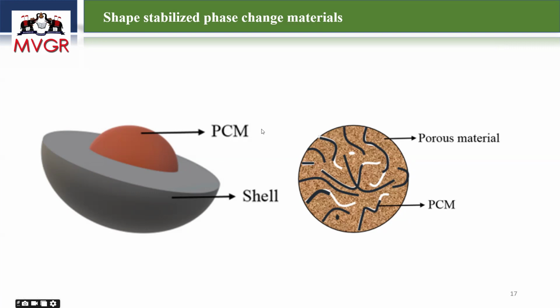So now coming to the shape stabilized phase change material. In this shape stabilized phase change material, we want to arrest the leakage problem, and meanwhile we want to improve the thermal conductivity. So we already discussed encapsulation is one of the best techniques, and another best technique is porous based material. So we can put that